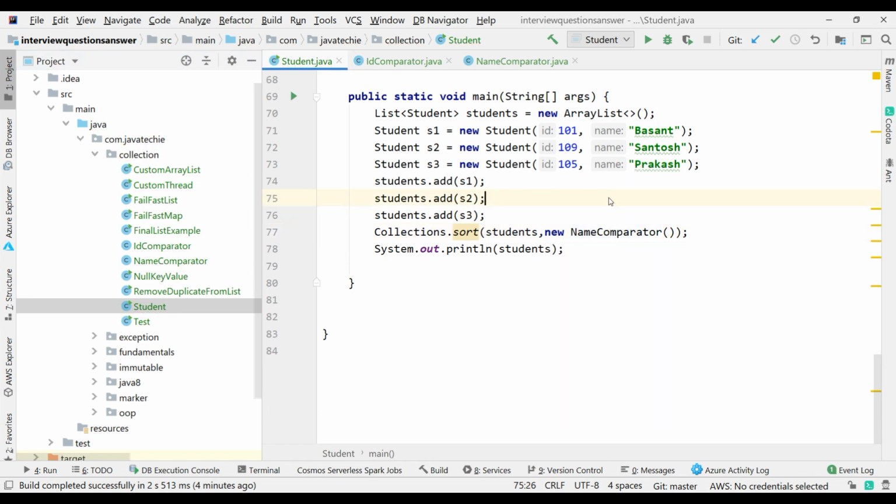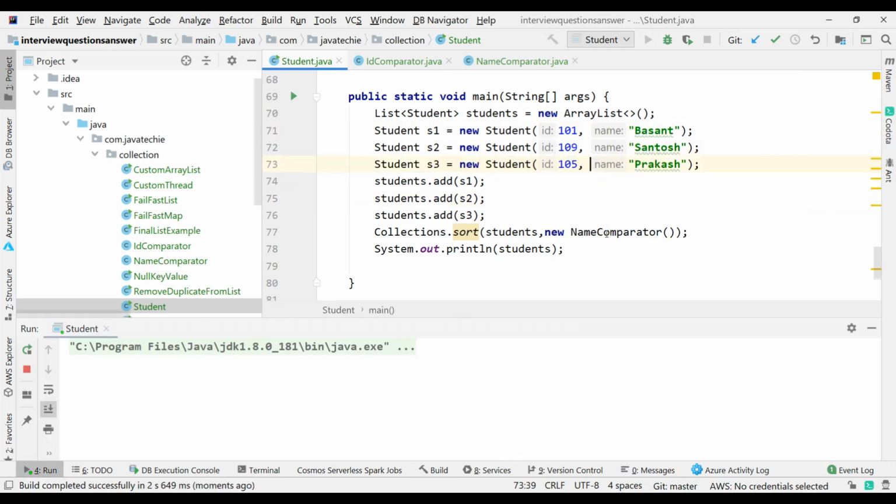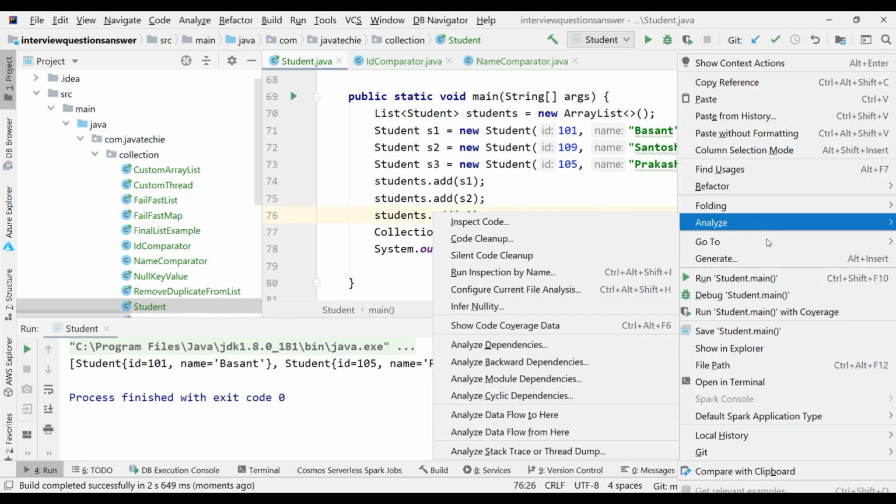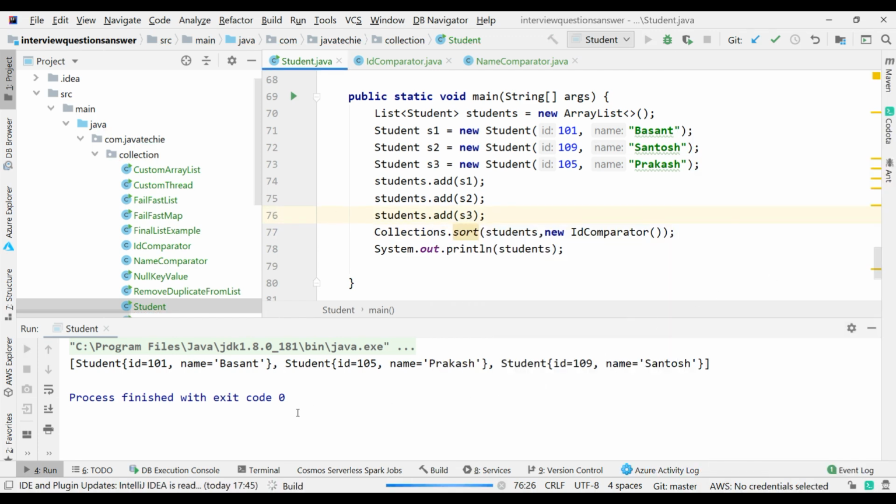Now if you run your code, it will sort based on the name, not ID. So Basant B, then P, then S, right? Now if you want it based on the ID again, you can change it to the ID comparator. Now run this code.